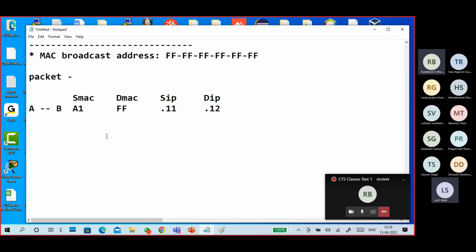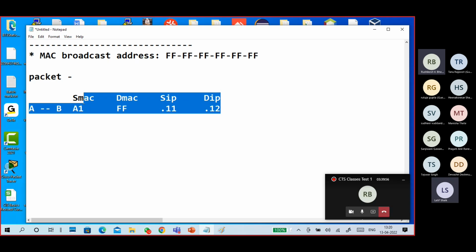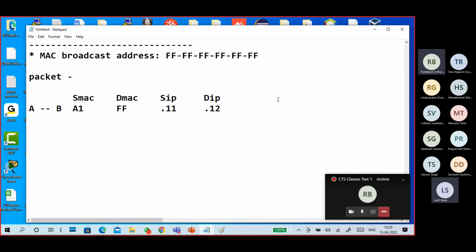We don't know the destination. Okay. And the remaining part of the structure is data. So this is the addressing part, and the remaining part of the packet is data. Now B PC received. And B PC again wants to send a message to you.